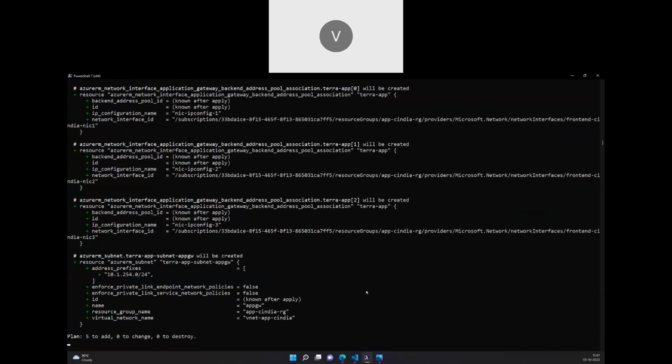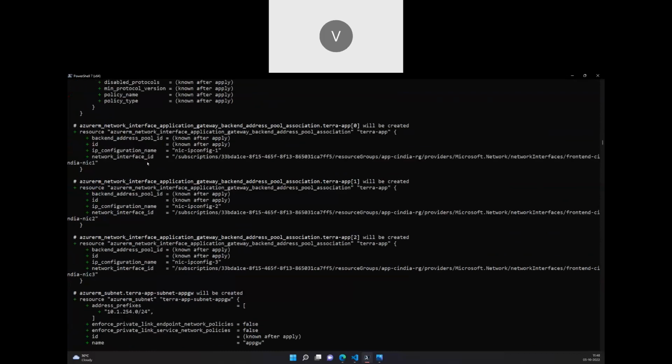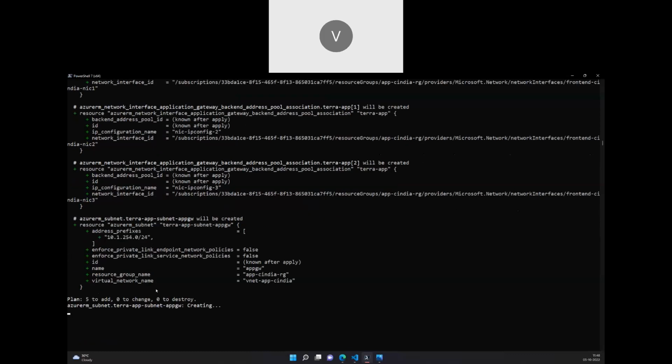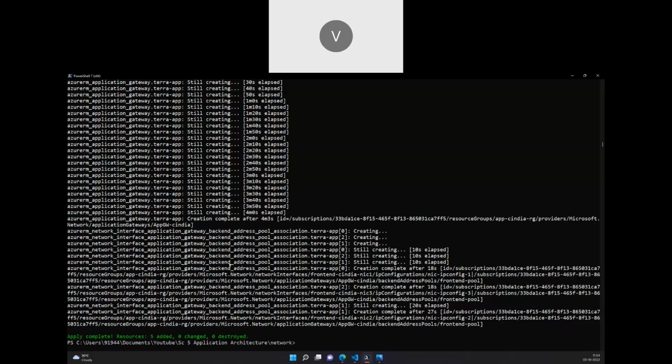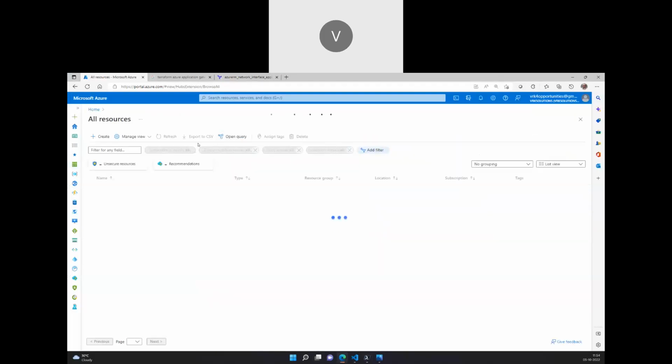And if you see right now, there are 5 resources which are being added. One is the application gateway, then attaching the network interfaces to the backend address pool, and a subnet for the application gateway. The subnet is getting created. So let's wait for the provisioning to be completed. I'm going to pause the recording. So the deployment has been completed. It took closely 5.5 minutes more to complete. It is successful. I'll go back to the all resources list,